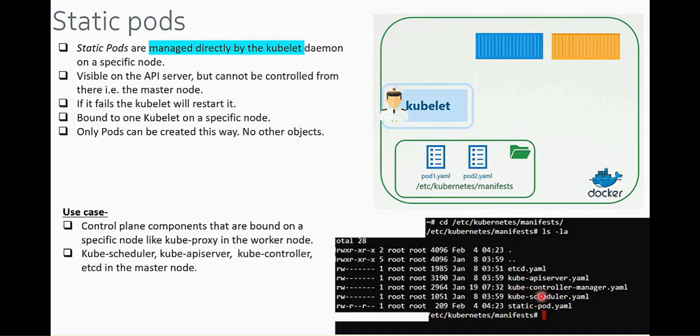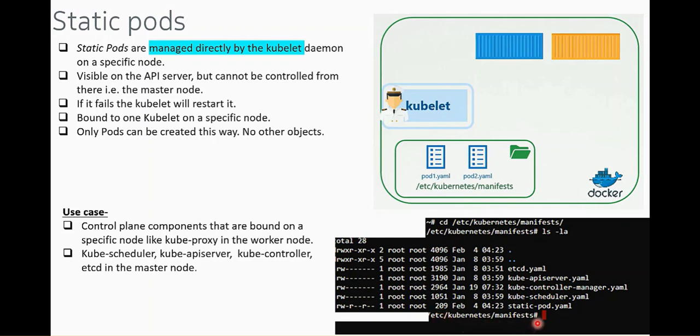In the master node also you have kubelet, remember. But the system will not schedule normal pods there. These components with their YAML files are created under this static pod path, /etc/kubernetes/manifests,